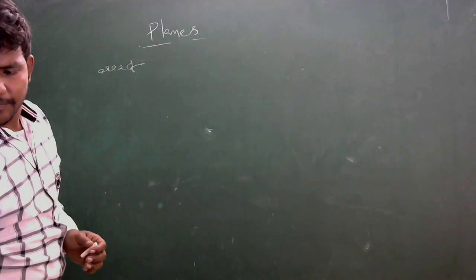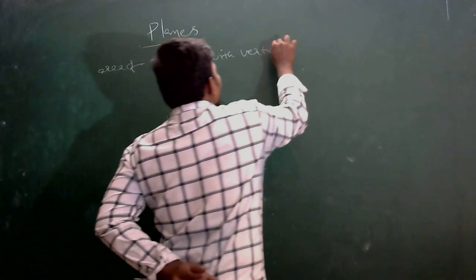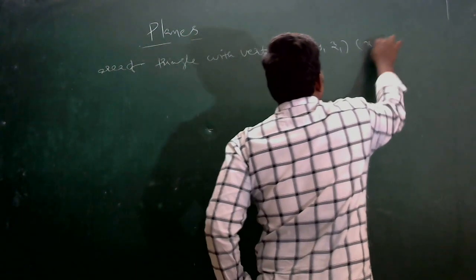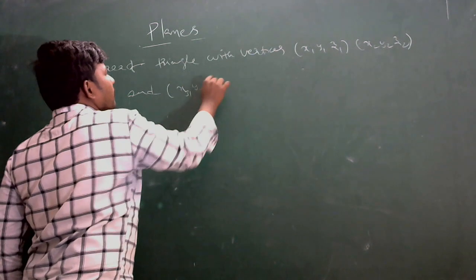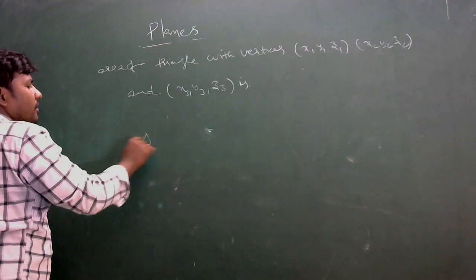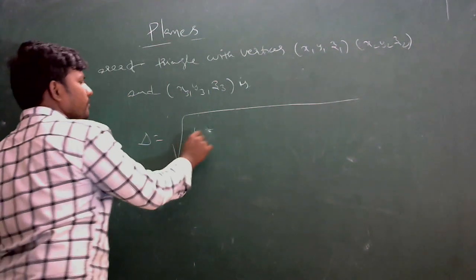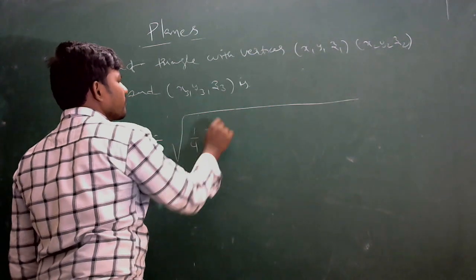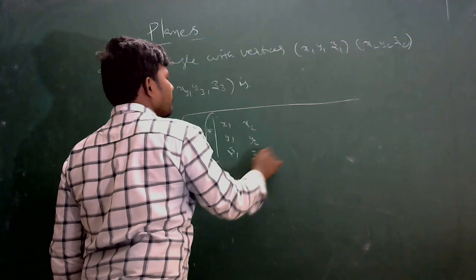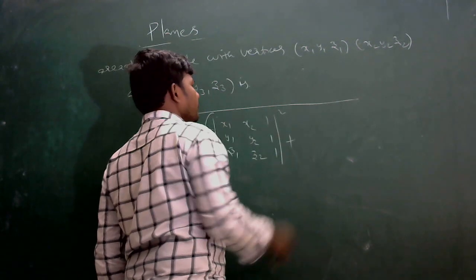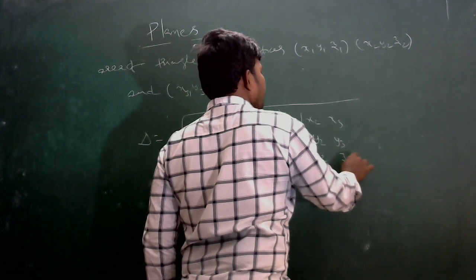The last and final point: the area of the triangle with vertices (x1, y1, z1), (x2, y2, z2) and (x3, y3, z3) is delta equal to the root of 1 by 4 of the determinant with rows x1 y1 z1, x2 y2 z2, 1 1 1, squared, plus the determinant with rows x2 y2 z2, x3 y3 z3, 1 1 1,